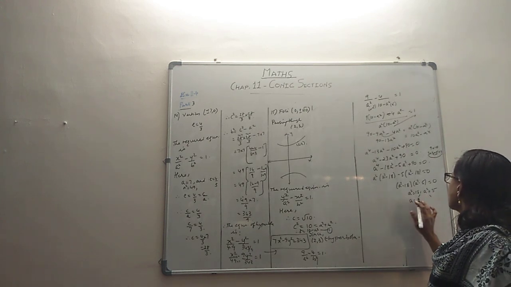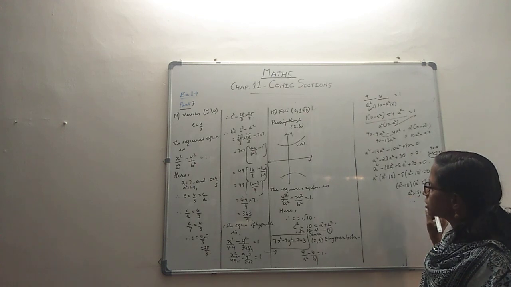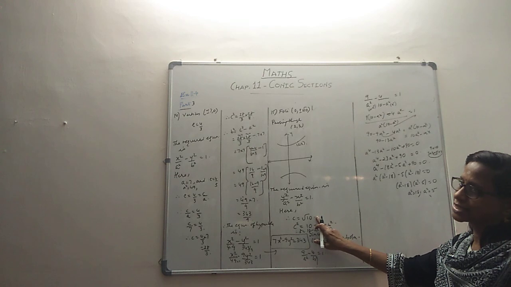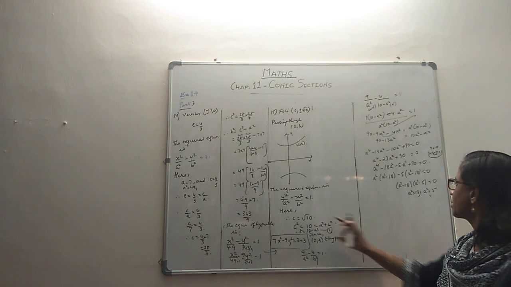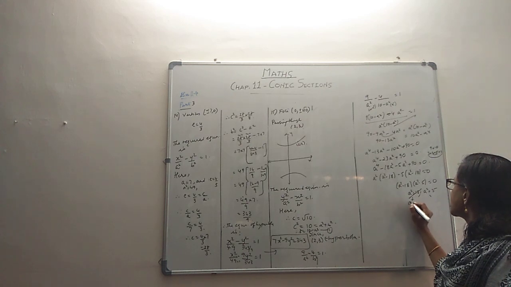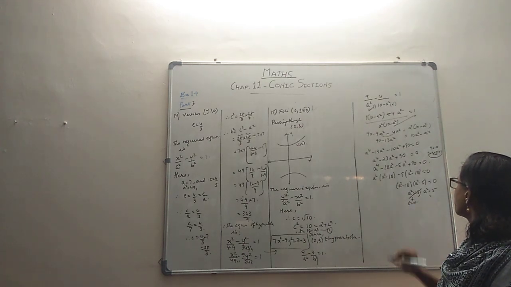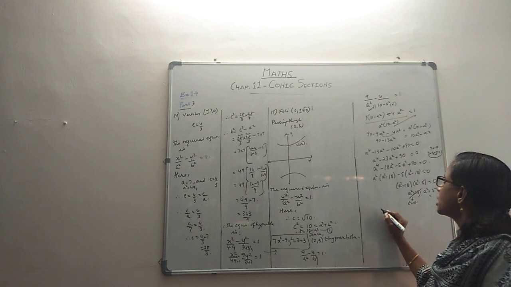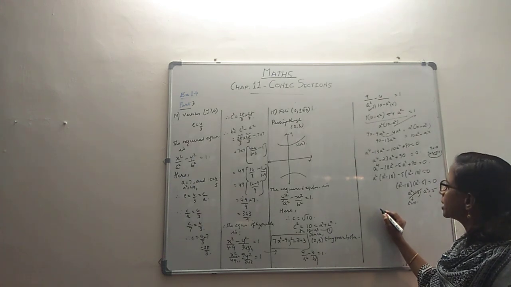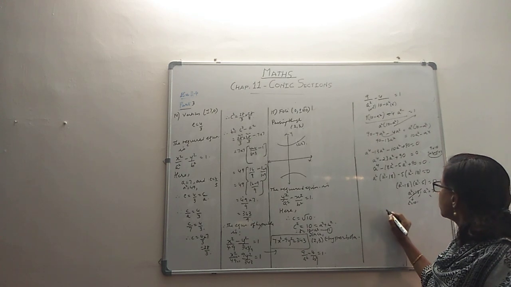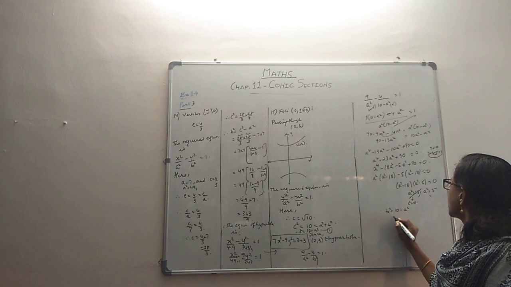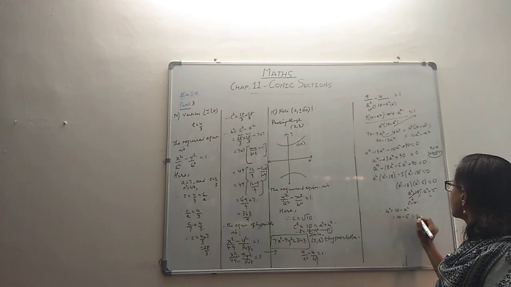Now when we check this, if a squared is 18, then there is no chance that you can get c squared as 10, because c squared is a squared plus b squared. So this you have to rule out, because when we have to get c squared as 10, that doesn't work properly. So we'll consider a squared as 5. If a squared is 5, you will get the b squared value. Therefore b squared, which is 10 minus a squared, will come to 10 minus 5, 5.